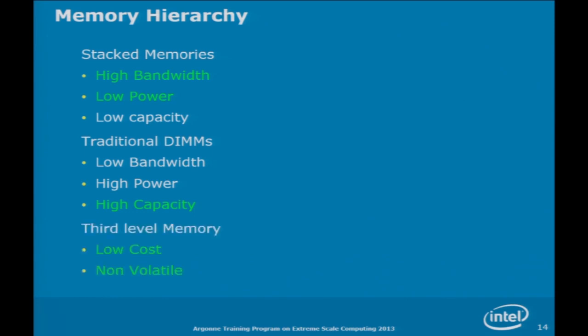You can now also start thinking about third-level memory, and there are lots of new memory technologies being researched that are starting to show up. They typically have low cost per bit, and most of them, I think maybe all of them, have this characteristic that they're non-volatile. So you're getting that whether you want it or not. I'm actually not sure how important it is, but you can imagine it's nice to be able to turn your computer off, and when you turn it back on, all your memory data is still there, and it responds very quickly.